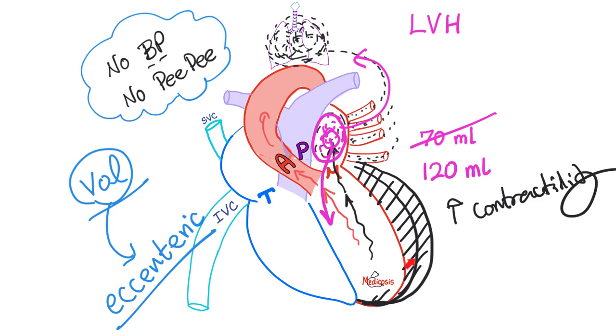Can we appreciate the left ventricular dilation on EKG? Yes, there are signs of left ventricular enlargement, and you can see this on EKG. Can we appreciate the left ventricular dilatation on chest X-ray? The answer is yes. You'll find an enlarged cardiac silhouette. But the left ventricle is not the only thing that enlarges. Thanks to the backflow of blood from left ventricle to left atrium, the left atrium will also enlarge. And if it enlarges so much, it can compress the esophagus, causing dysphagia, and compress the left recurrent laryngeal nerve,